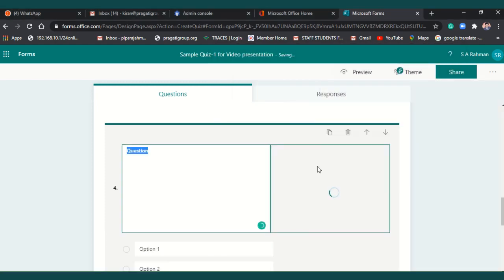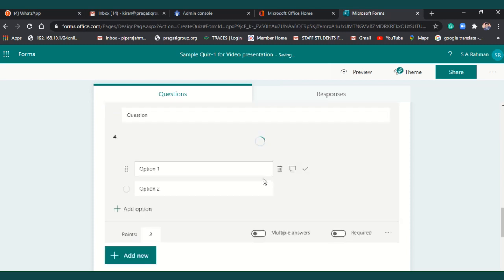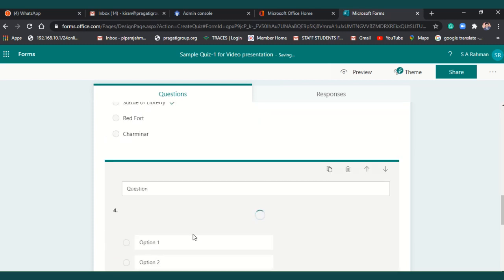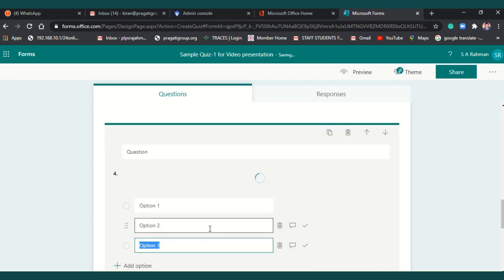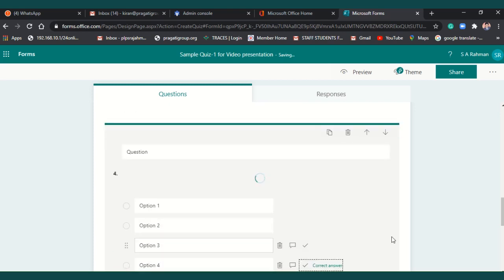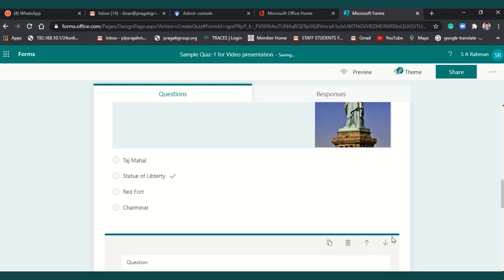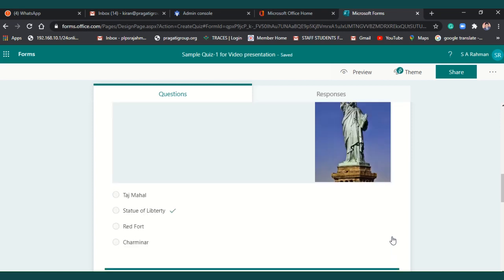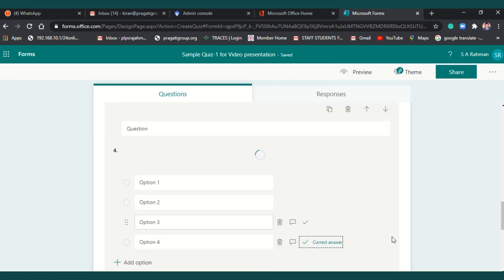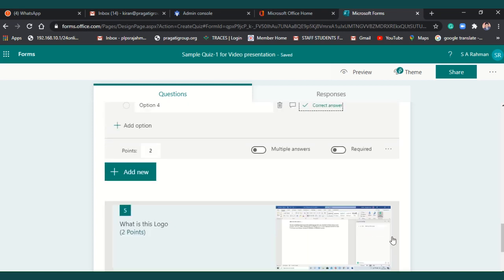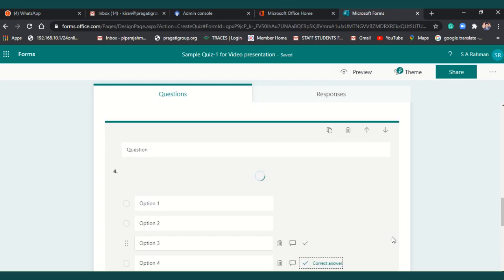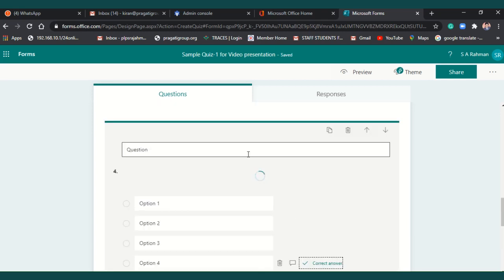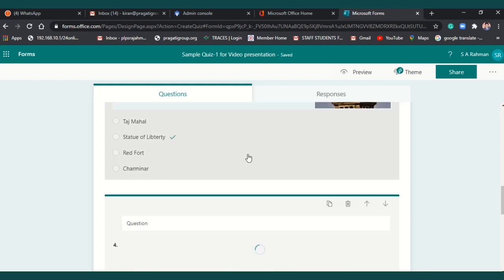Okay. So the question will be pasted here. The only thing is, the options are also mentioned on the same page. So you need to select option 1, option 2, option 3 and option 4 and select one answer as the correct one. The Statue of Liberty is posted here, and the other one is also posted here. If you want to share a question from the computer also...